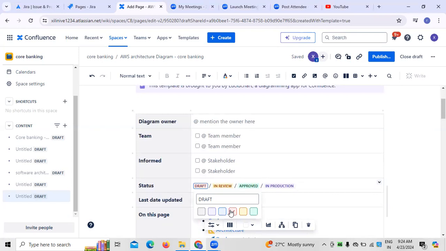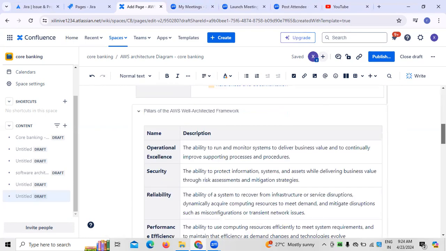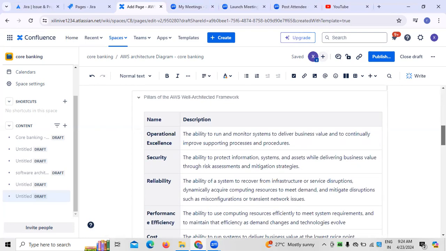We will be in the draft document. This is what we normally do, not in review or approved or production. Because once a draft document is reviewed, then it is approved, followed by that it will move on to the production side. So that status will be draft as of now. Next, when the document has been updated, those details have to be mentioned here. Followed by this, when it comes to the AWS architecture framework, when we are creating it, there are different